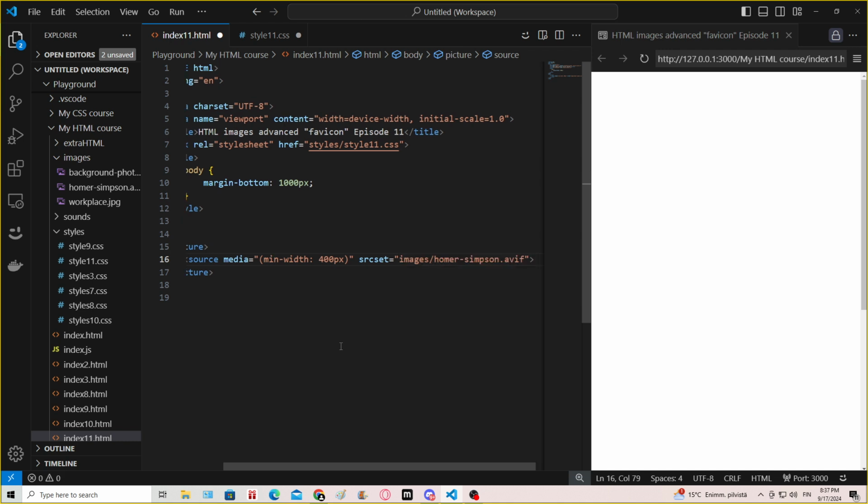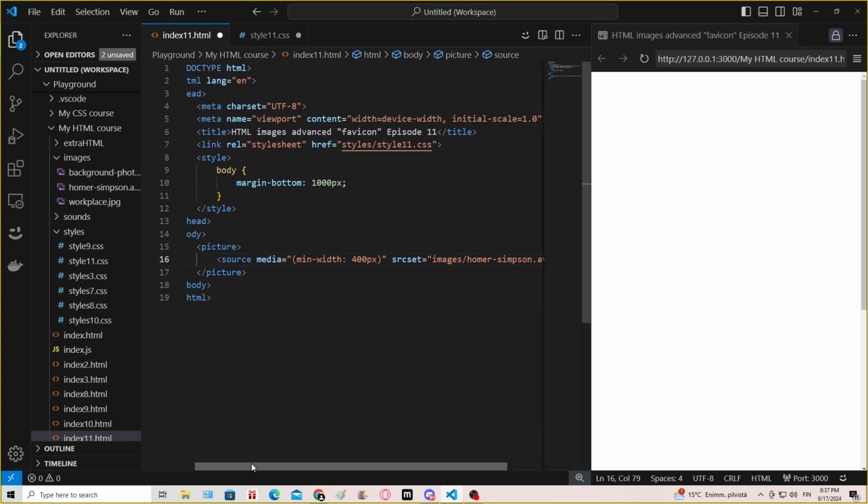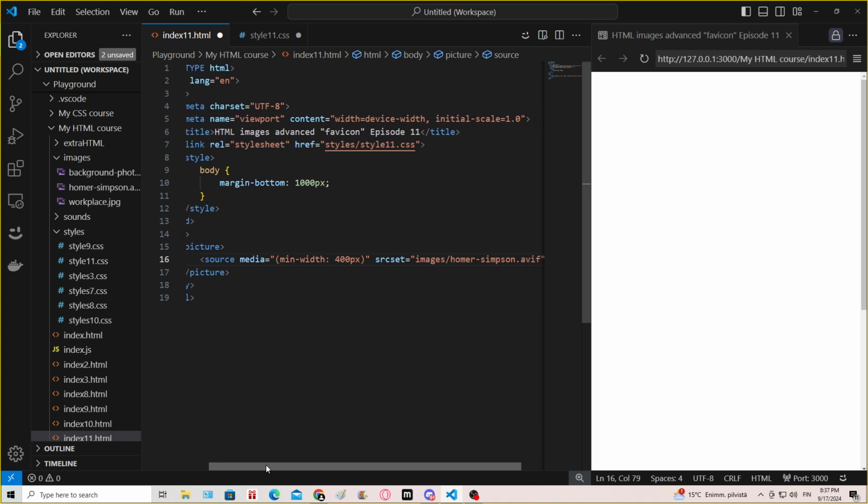And it's not working. Why are my images not working? This is really weird. Well,